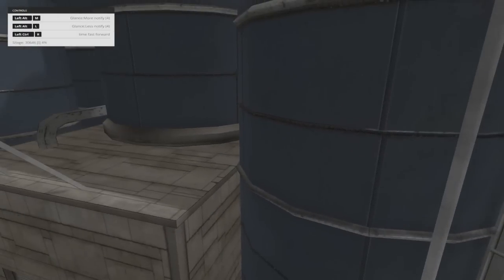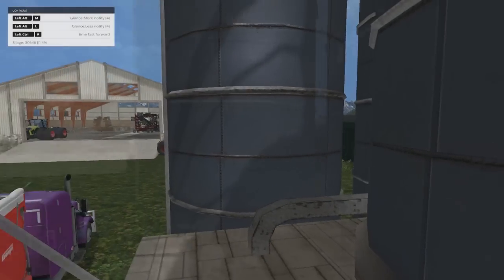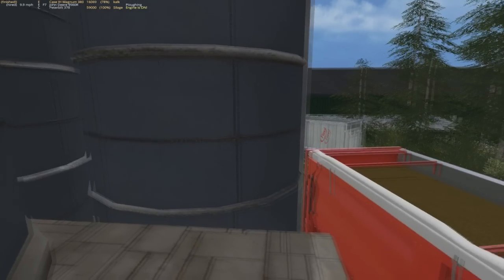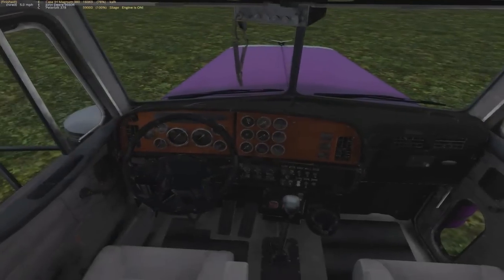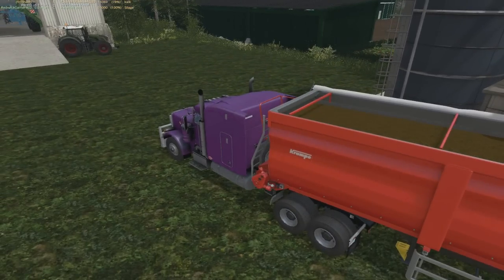We had over... this thing was full. This is a 700,000 liter silo. Our bunker is full, and we still have corn out in the field to pluck off. I had plant growth turned off because sometimes after you log out or close out of your game and then rejoin the game, it'll advance to the next growth stage, which is really annoying. Anyway,